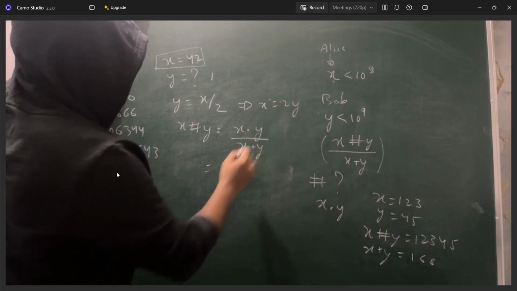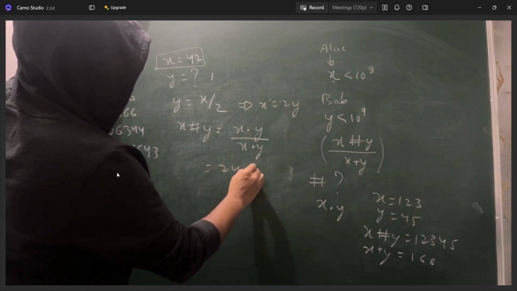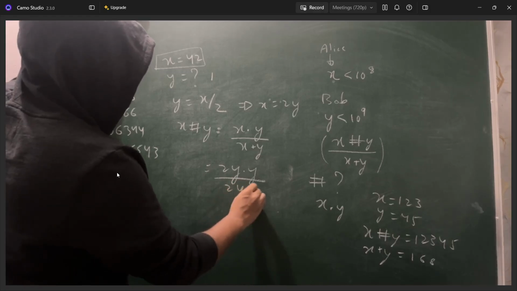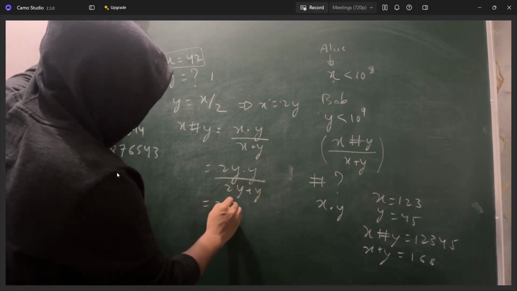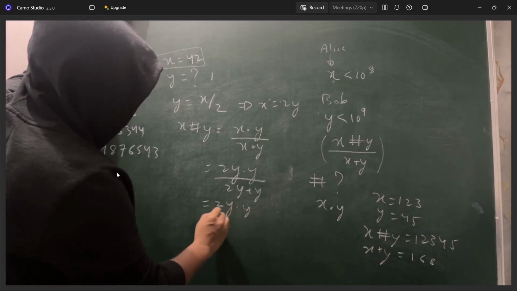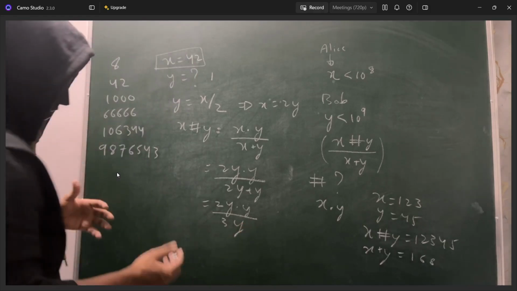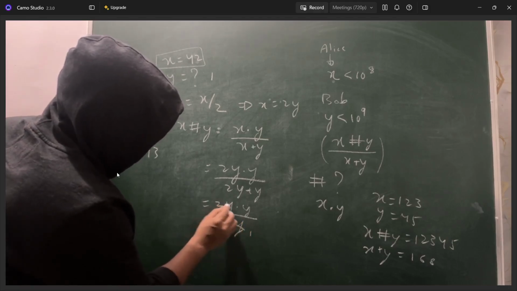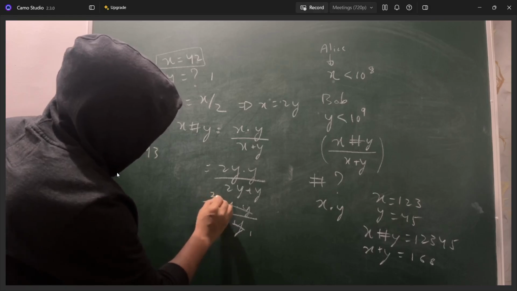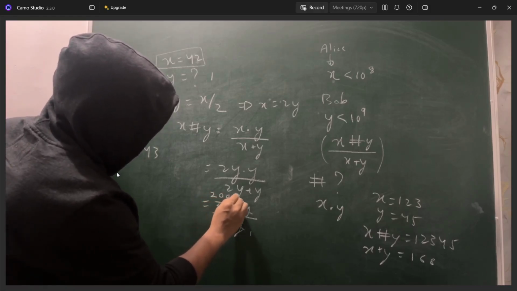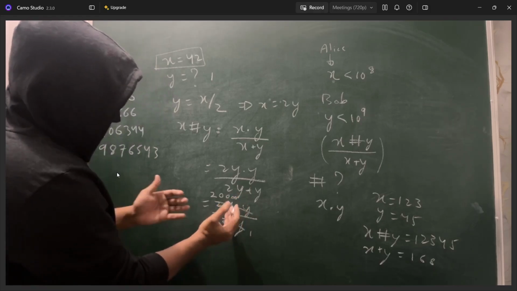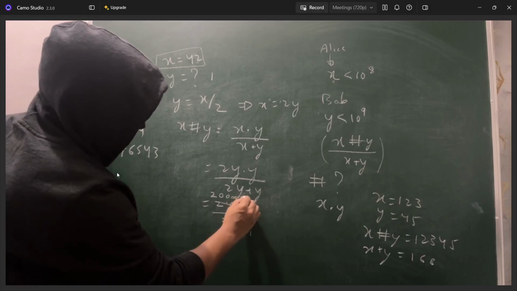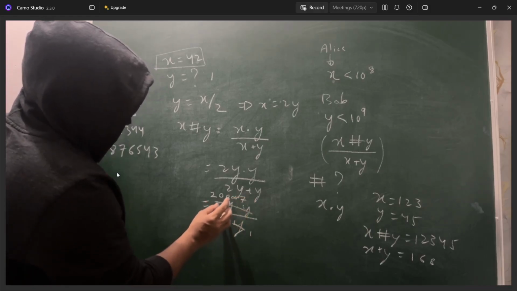For x you just put 2y, so it will be in the form of 2y y. This is the form, and x again 2y you will be writing plus y. So it will be in the form of 2y y divided by 3y, right? So now whenever you are dividing this, y one side it will go, and 2y you have, so it will be in the form of 2, and it will be in the form of 0 0 0, right? Like whatever number you have, that will be in the form of 0 0 0, and at the end you always get 7,